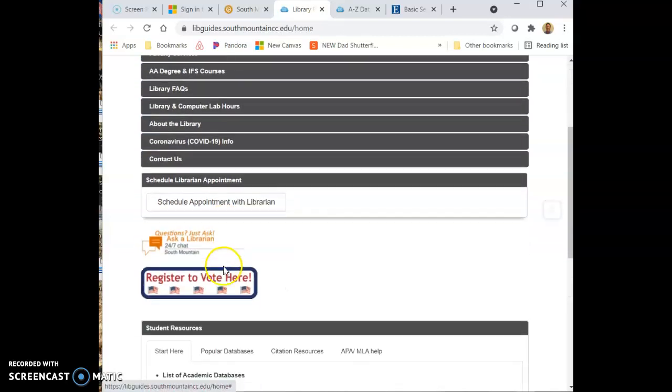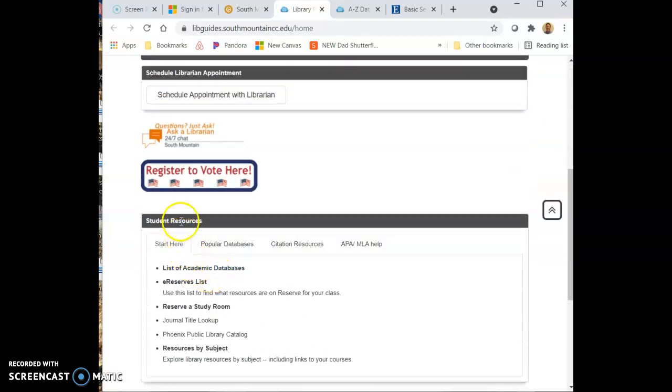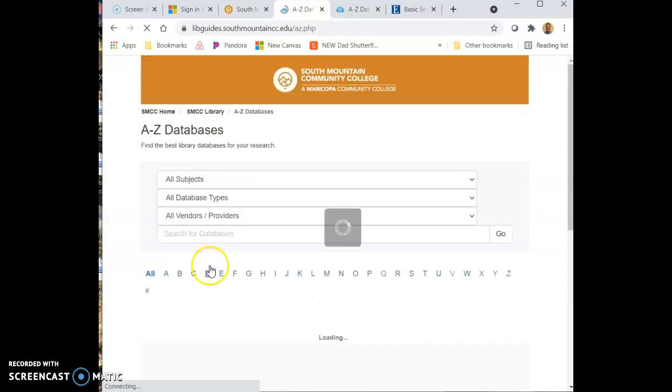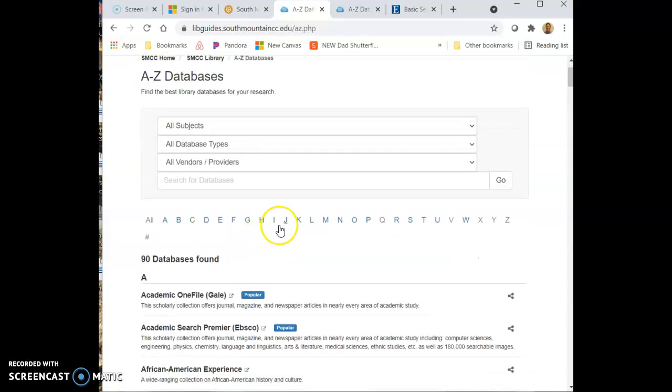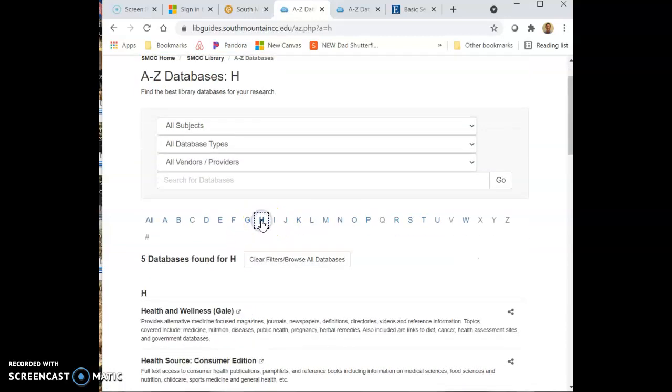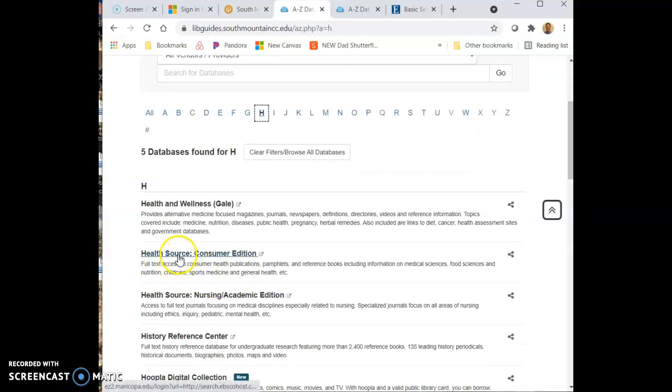So here I am on the library. I'm going all the way down to here. Student resources, list of academic databases. They change this thing all the time. But anyway, this will work. And then, like I say, go to H because that will give you Health Source Consumer Edition. These are easier articles to read. These are journals, but you can pick either one. I like this because you want to be able to read these things. So I click on there,